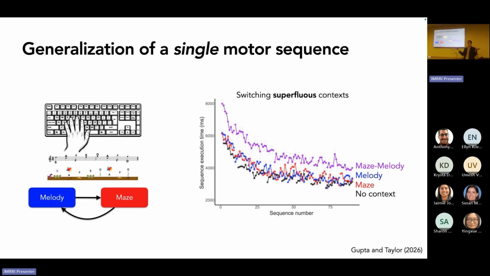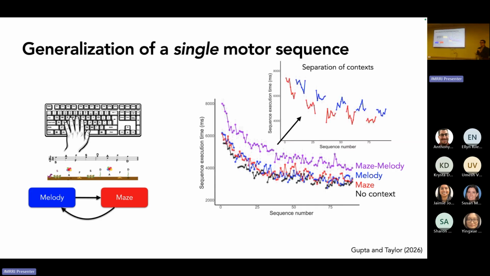It's just there on the screen. If you knew the sequence, you had memorized it and closed your eyes, it wouldn't really matter whatsoever, right? It's the same exact thing. So they're slower to do this maze melody context together. If you break this up, this is ordered by keeping the sequence aligned. If you break it out by time and separate it out into its context, you see basically two distinct learning functions.